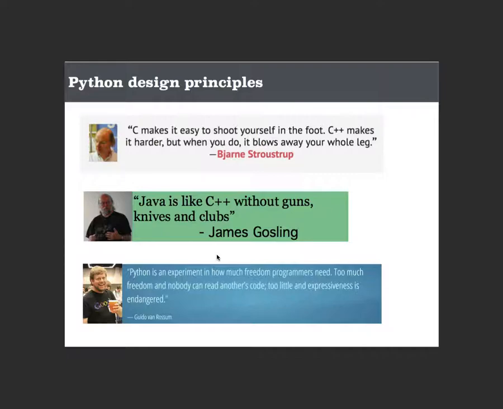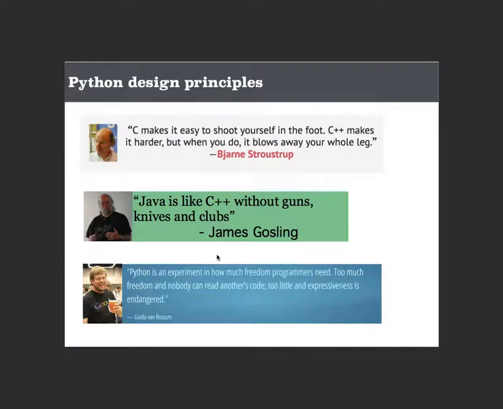James Gosling, in his way of marketing Java, said, Java is like C++ without guns, knives, and clubs. You know what that means? People abuse multiple inheritance. Remove it. People abuse operator overloading. Remove it. People abuse friend functions and friend classes. Remove it. So they removed all the features that make programmers hurt themselves accidentally, right? And Java is a more restrictive language because of that.